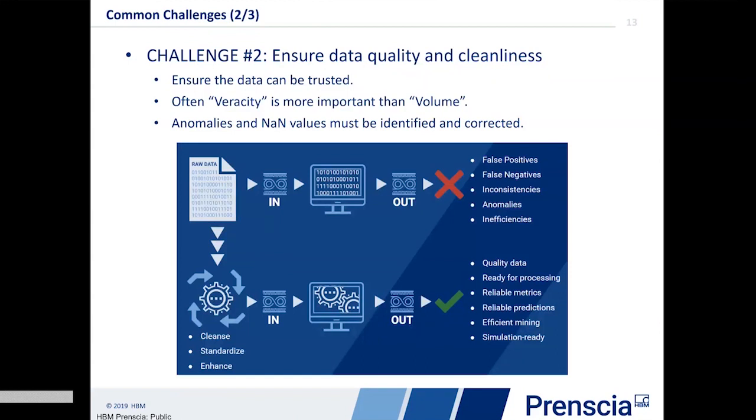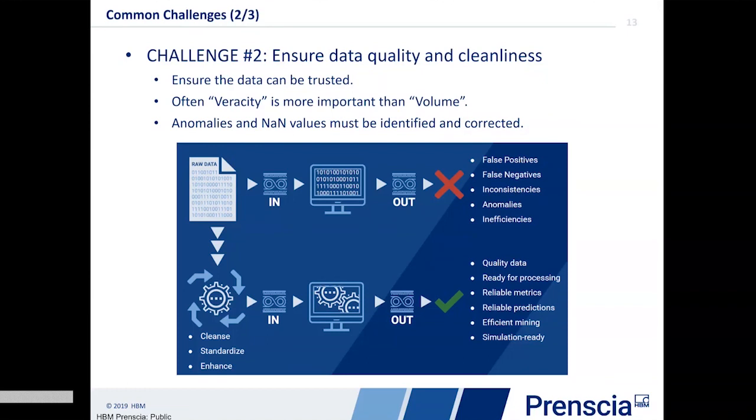So you've got raw data that you do not correct or take as it is for your analysis. So you'll end up with false positives, false negatives, inconsistencies in the results, anomalies in the results, right? Inefficiencies, generally speaking. Whereas if you include a cleaning process up front, then you'll have quality results.